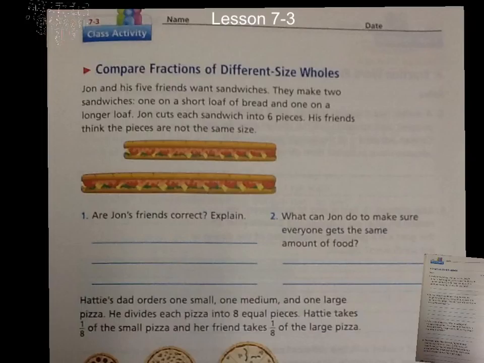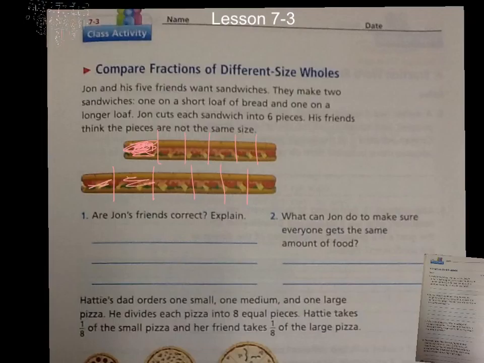Well, I'm not going to write it in there, but are John's friends correct? Absolutely they're correct, because when you have one sub bigger than the other, like if I were to take this and break it into 6 pieces, 1, 2, 3, 4, 5, 6, they should be equal, they're not exactly, and 1, 2, 3, 4, 5, 6, they're exactly right. Besides this bad piece here, because I made it look so big, these pieces are really going to be smaller